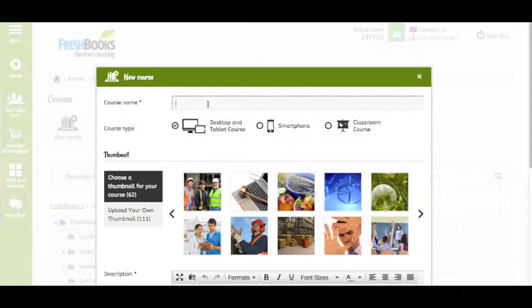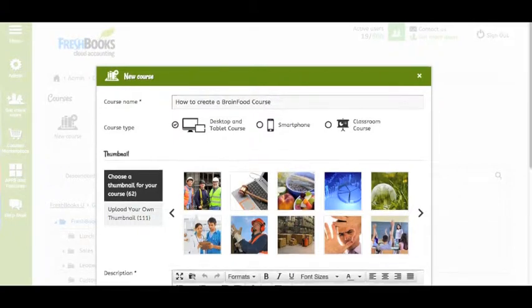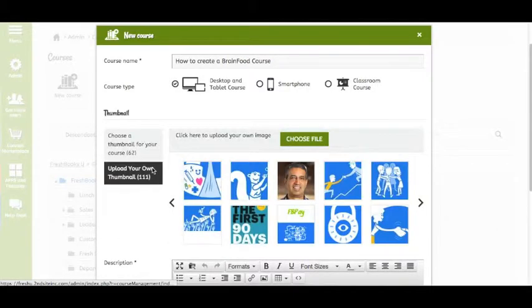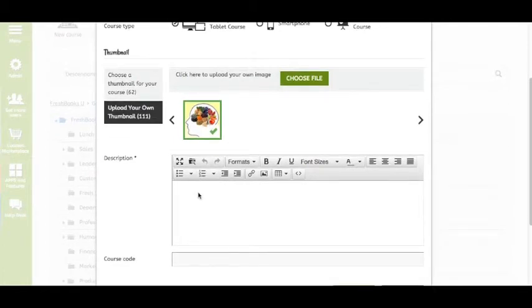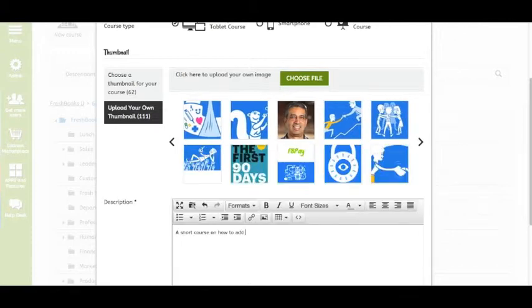And you can see underneath it's going to ask us what type of course we're adding. Desktop, tablet course, one for your smartphone, or a classroom course that people will have to attend. Scroll down, you can pick a tile picture. These eventually will be branded to make it much easier for people to navigate through the course catalog. But for now, we have some already loaded in there that you can definitely use, or you can upload your